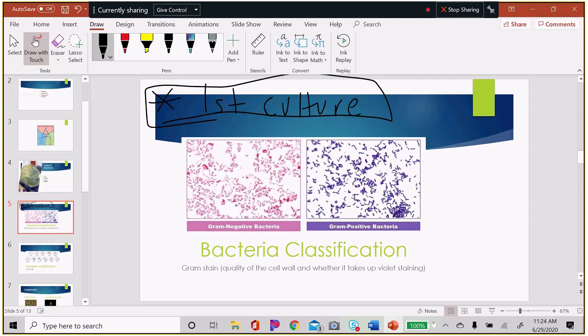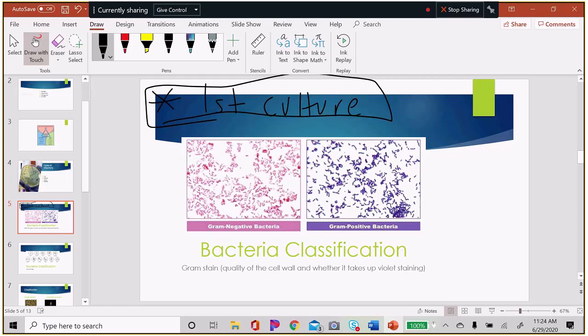But if you had the choice, you should get the culture first. The first thing that's done with that information is called a gram stain. The gram stain is looking at how the cell wall looks, the quality of the cell wall, by how it takes up a violet stain. So the culture Q-tip is rubbed on a slide and this violet staining is applied, and then you look under